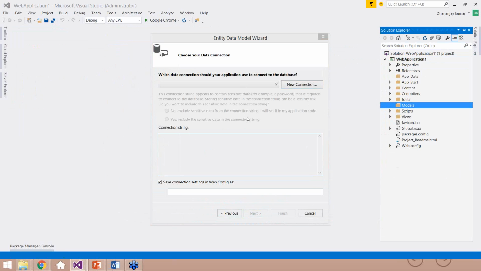Guys, can you let me know which screen you are able to see right now? Are you able to see the entity data model wizard? Great. So you are right now on the data screen, and from there we have selected create using the EF